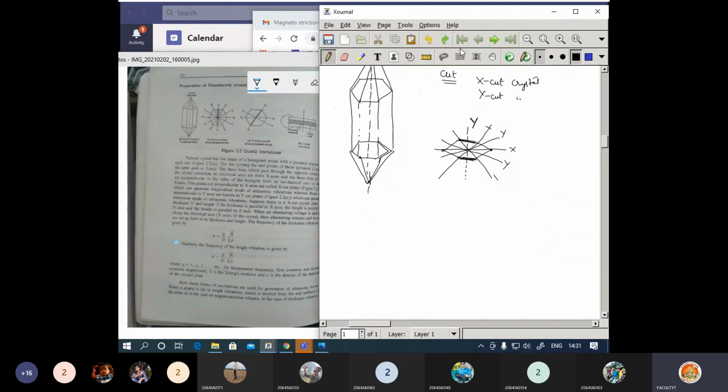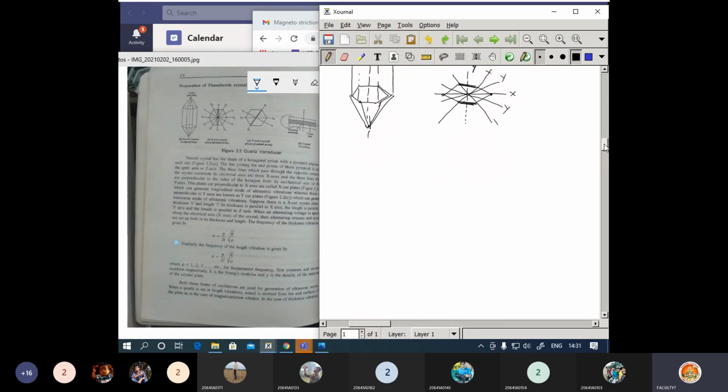Now let me redraw the diagram, the same diagram. How do you start? Start with this, mark some points like this, and join these points somewhat like this. Now let us take a color for the y-axis. Mark this as y1, and let me go with the blue color. Join these two points.